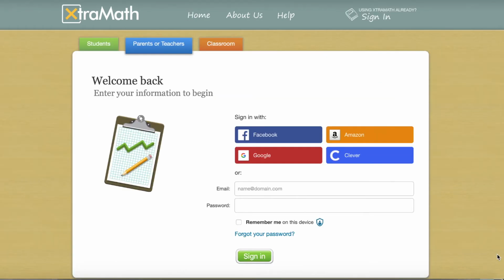Another thing I want to show you is the home screen and how students log in. So like I was mentioning earlier, there is the student tab, parents or teachers tab, and classroom tab. You will log in if you want to check data through the parent or teacher tab. When I have students use this in the classroom, I have them click on classroom,